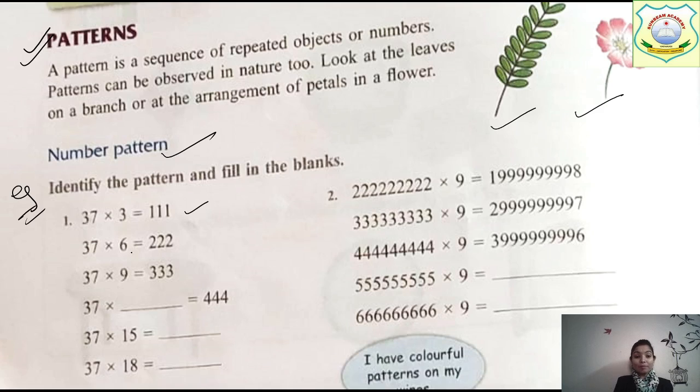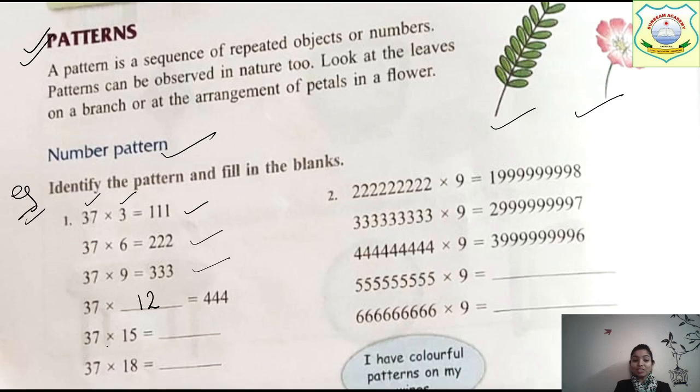Next, 37 multiplied by 6 is 222. 37 multiplied by 9 is 333. Now remember that here the number 37 is common, and here we are following the table of 3. What we are following? The table of 3. And see here 37 के बाद फिर 9 के बाद क्या आएगा टेबल में, 3 की टेबल में? Yes, here will be 12, right? Now here is already written 444. So what we have to use? We need to just write 111, 222. In this format we need to do.